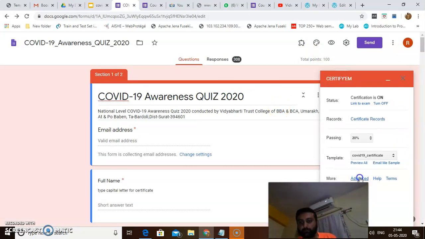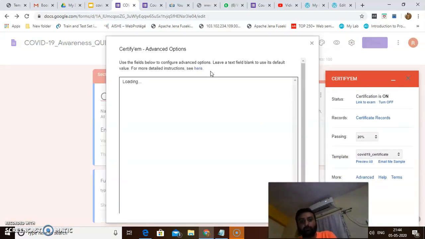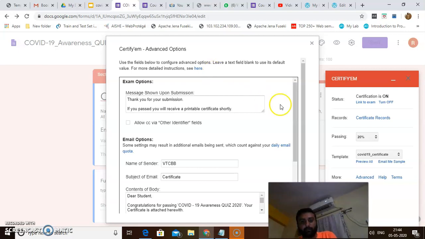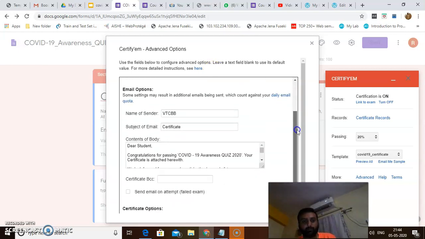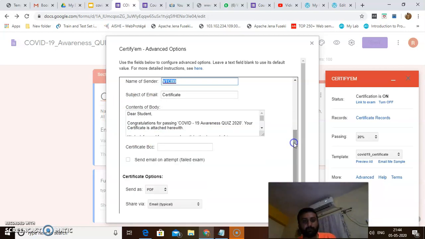And there is an advanced portion. Whatever you write in the email, you can put the sender name. It is VTC BB, the subject of the email is Certificate, and Dear student, congratulations for passing the COVID-19 awareness certificate.